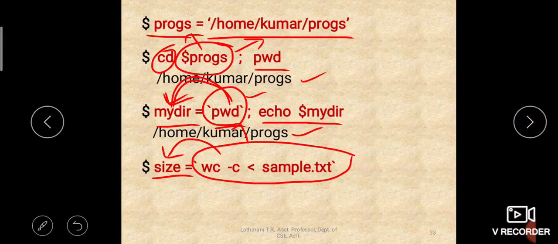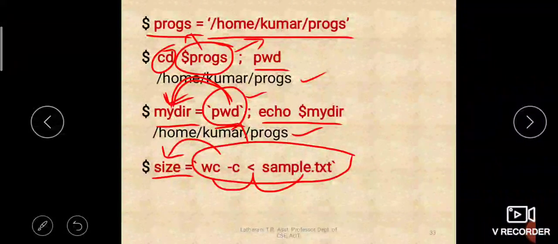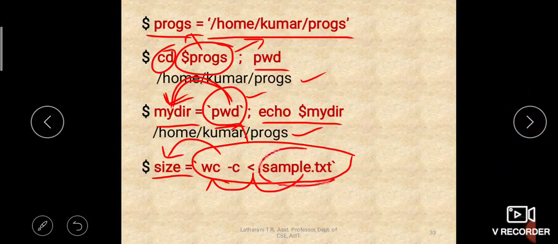So wc will not know the source of its input. sample.txt will give its contents to standard input, and from standard input wc will get its input. So wc will not know from where the input is coming. Now the contents of sample.txt will be counted.